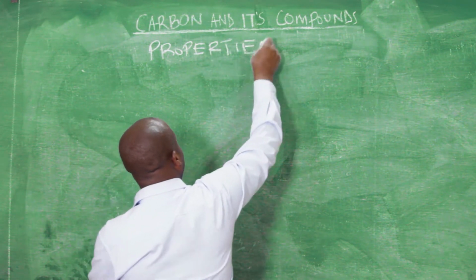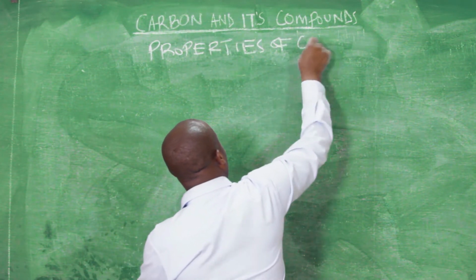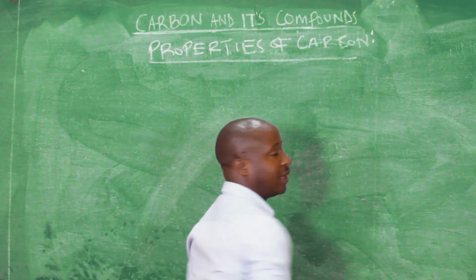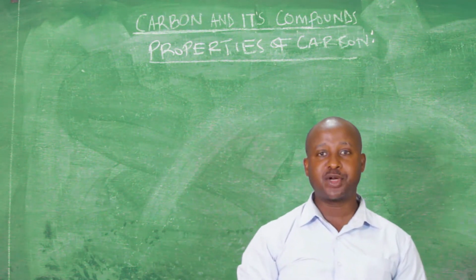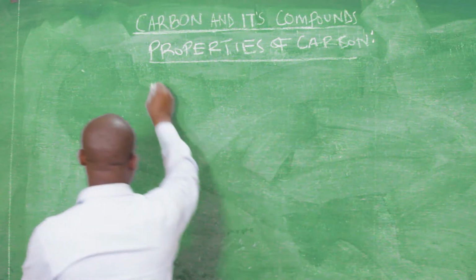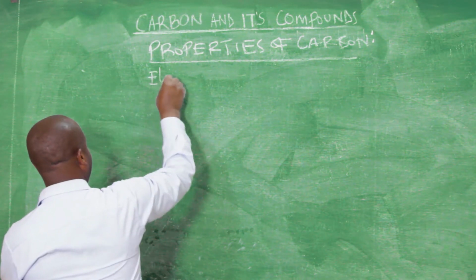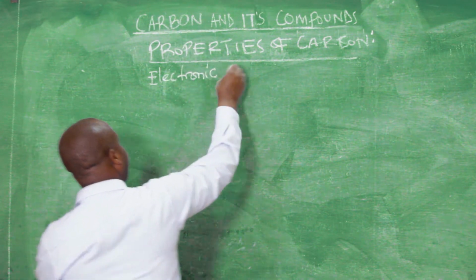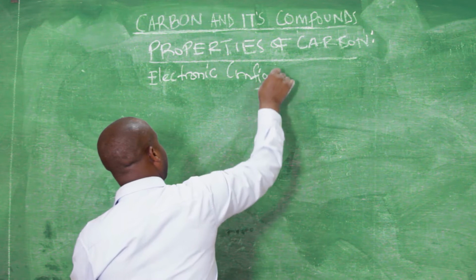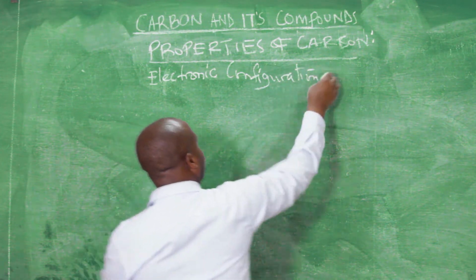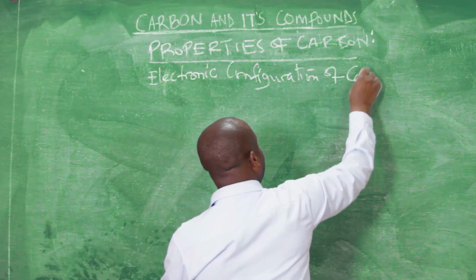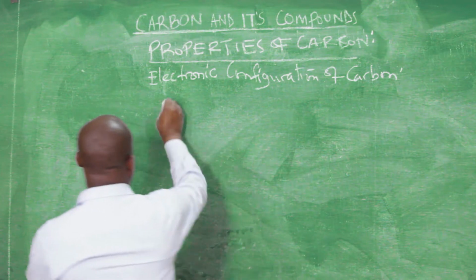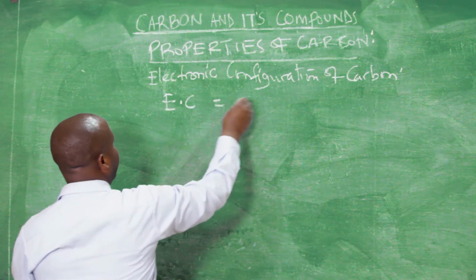Properties of carbon. Let's look at the electronic configuration of carbon. The electronic configuration of carbon is